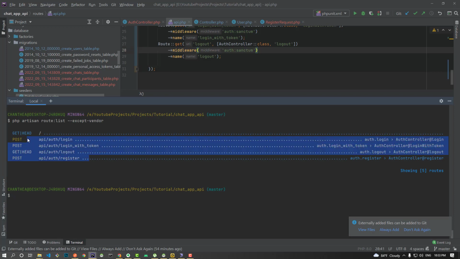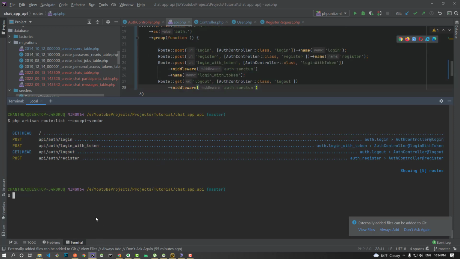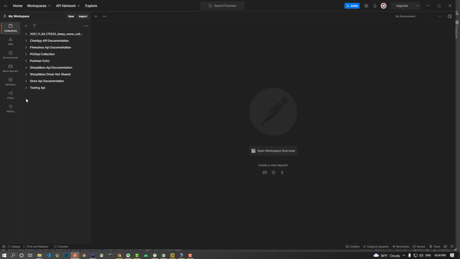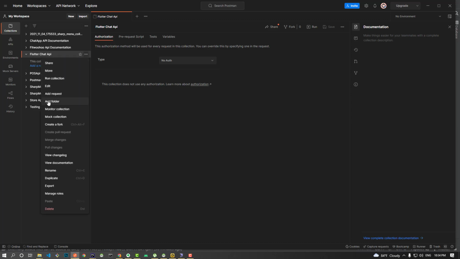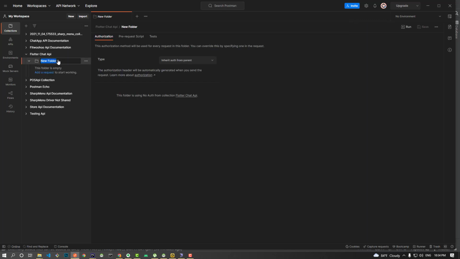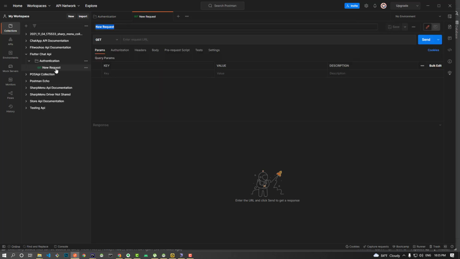Okay, now we have a route here. To test whether this route works or not, I'm gonna use Postman. Let's open our Postman here. I'm gonna create a project, a collection, Flutter Chat API. In here, I'm gonna create one folder called authentication, and we have 4 endpoints here. Let's create 4 endpoints. Create a request. The first one is